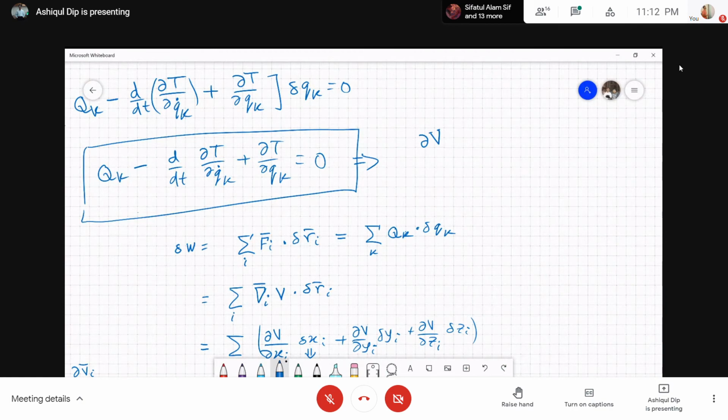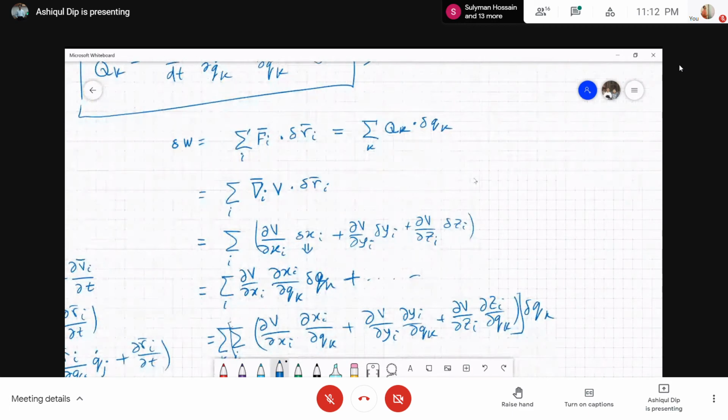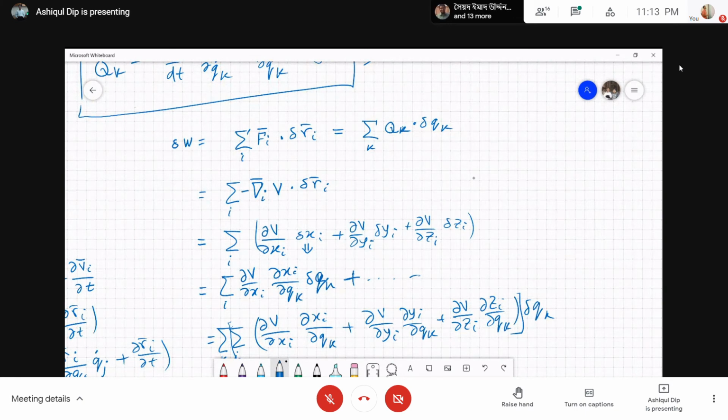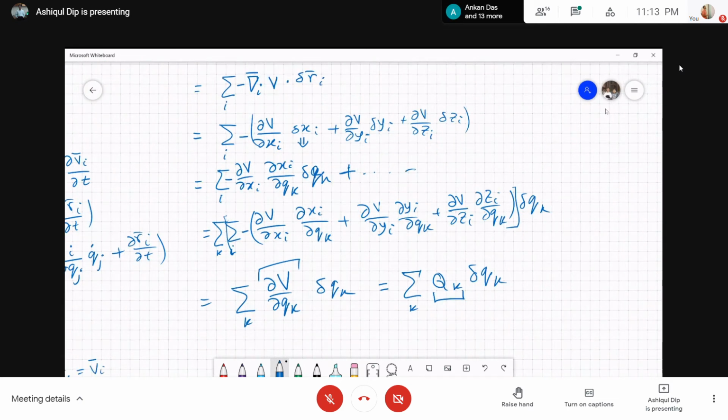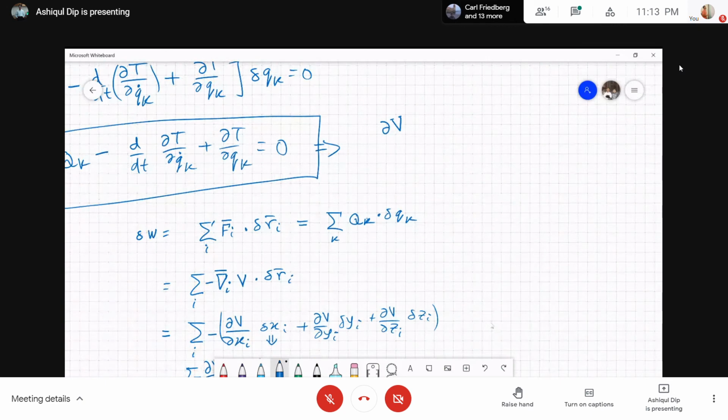Oh wait, I made a mistake in the definition of the potential. Usually we write force as the negative derivative of the potential, not the positive one. So I should write negative grad v. There should be a minus sign over there, and a minus sign over there. And now we substitute qk equals negative delta v by delta small qk. That's the usual definition actually. You could define it the other way, but the usual definition is with a negative sign. So minus delta v by delta small qk